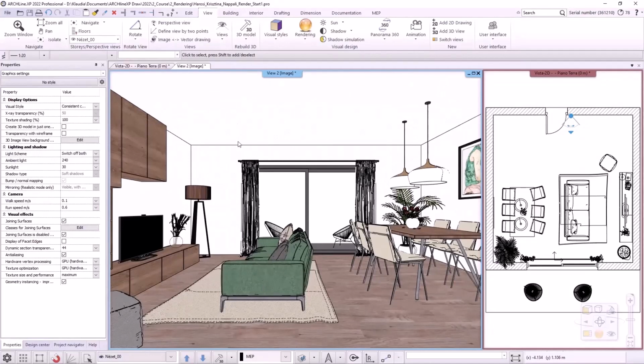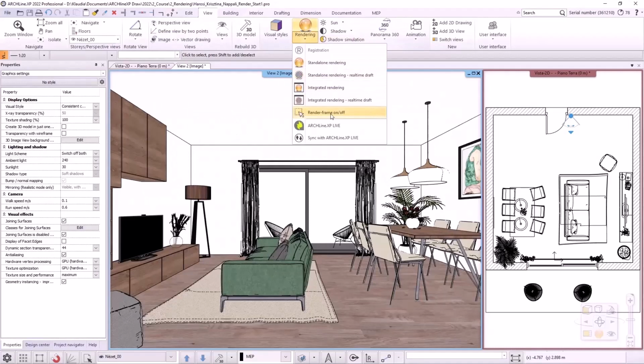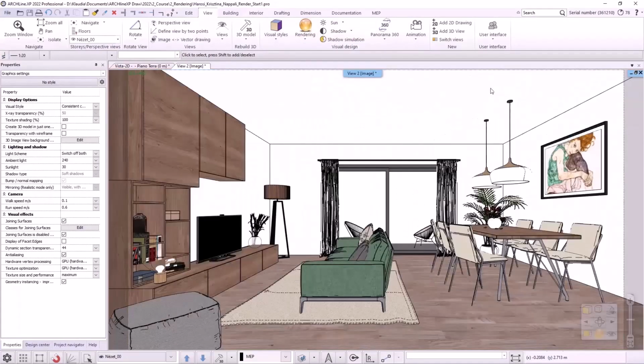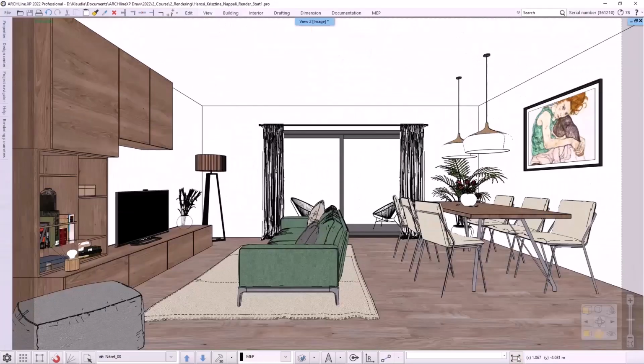Before I start the rendering, I show you something. I choose View Rendering, Render Frame Off On. Maximize the 3D window and set a clean screen. We can see that the render frame appears. This frame's dimensions are based on the resolution values we had set in the rendering properties. This helps us to see which part of the scene will be visible on the image and which will fall outside of it. I reset the view